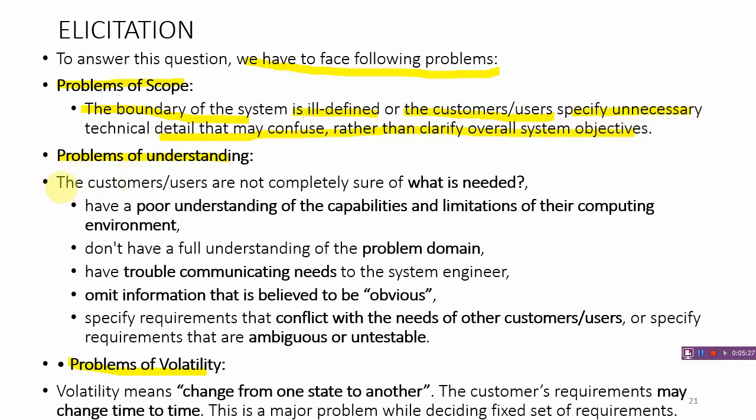In the problem of understanding, the customers or users are not completely sure what is needed. They have a poor understanding of the capabilities and limitations of their computing environment. They don't have a full understanding of the problem domain. They have trouble communicating needs to the system engineer, and they omit information that is believed to be obvious. They specify requirements that conflict with the needs of other customers or users, or specify requirements that are ambiguous